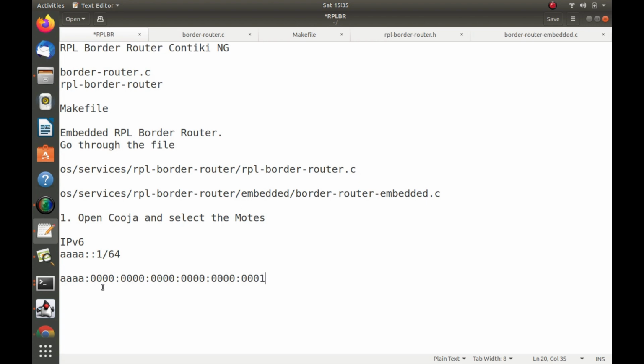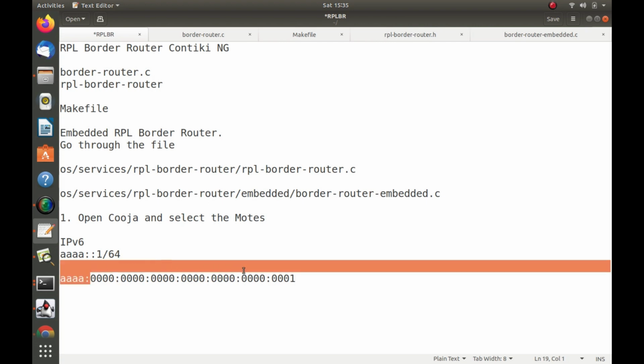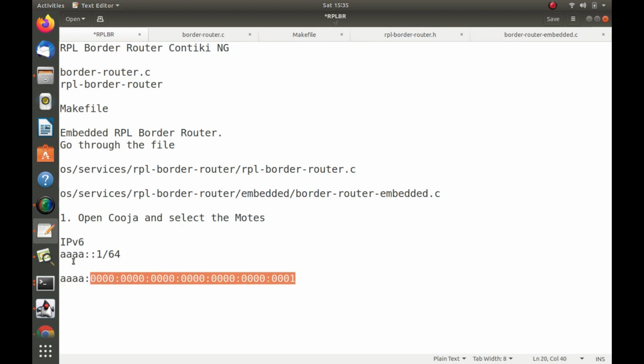Then you can check it here: 1 2 3 4 5 6 7, and finally it is 8. So this is what it means. Since everything is 0 between here and here, we are using just aaaa::1. In case we want to have our own addressing, you can use fd00. Whichever you like, you are able to use. So let us go with the aaaa. That's what it indicates here.